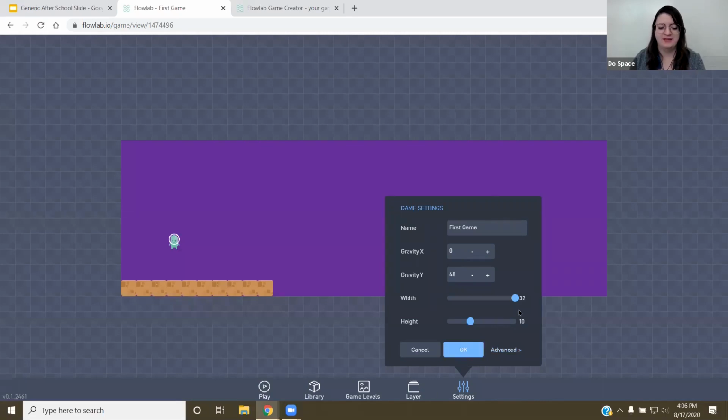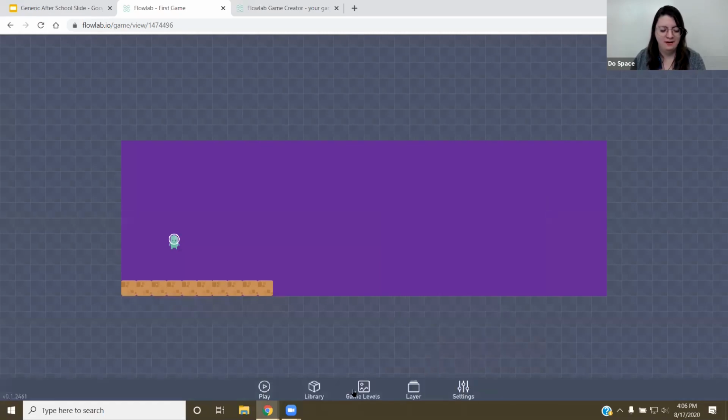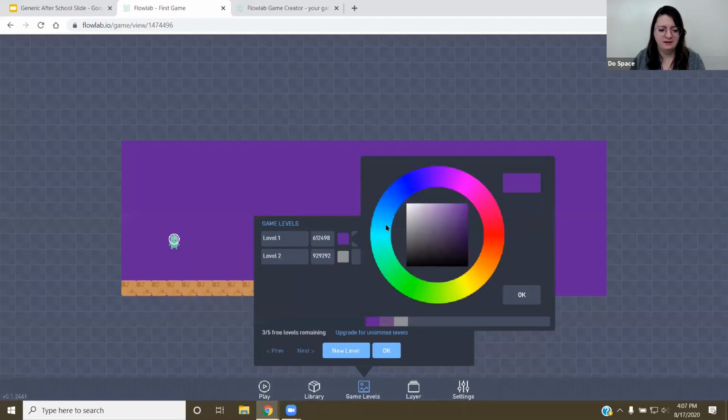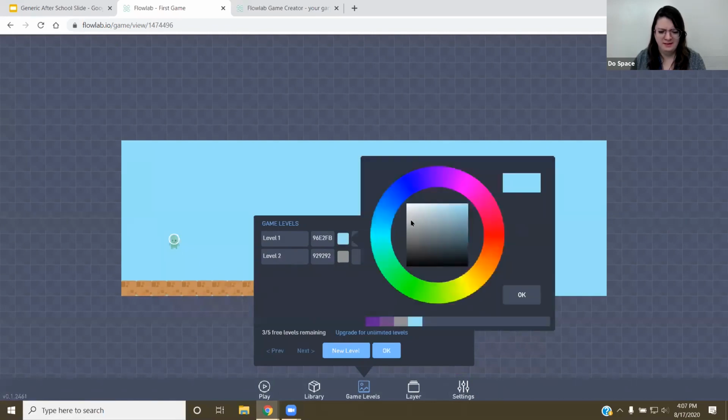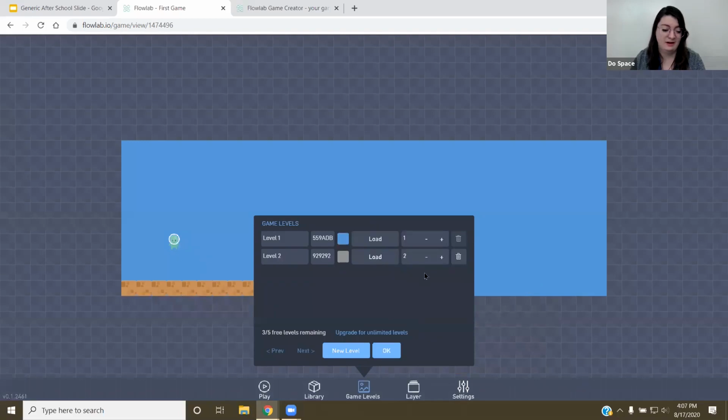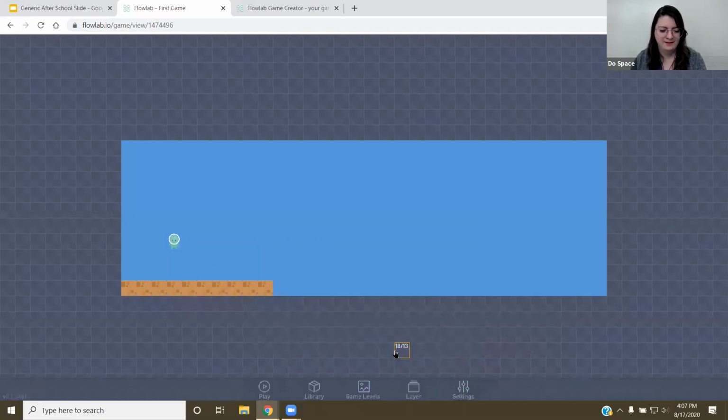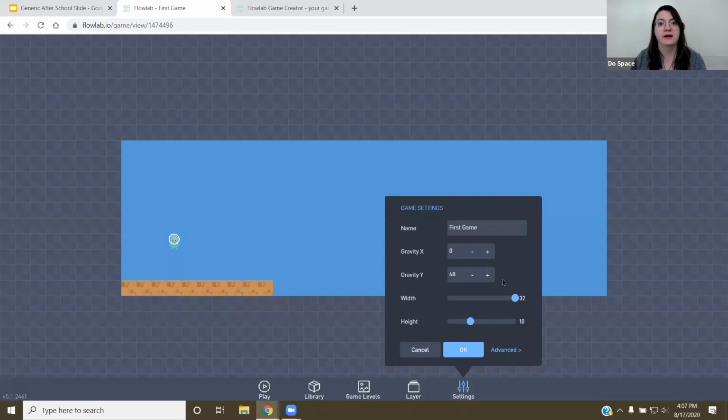So I just went to my settings and made the room a lot wider. I'm going to change my sky color to a light blue because I want it, oops, I lost my character there. Maybe a darker blue. I still lost my character, I'll just keep it that way. Yeah, you also sometimes want to think about accessibility, like maybe someone who has difficulty seeing some colors will not have an easy, fun time playing this game, and they can't really see their character very well.